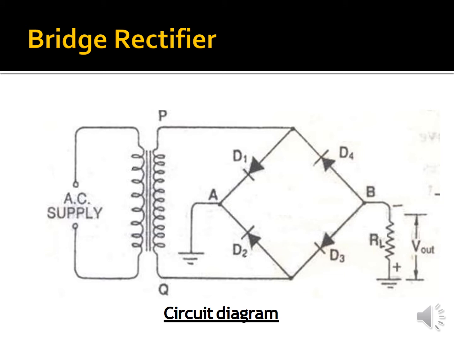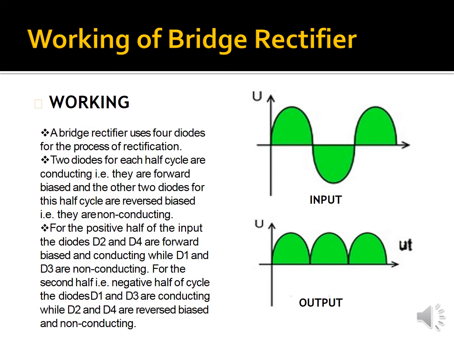Here D1 and D3 are in forward bias, and D2 and D4 are in the reverse bias region. We are also supplying the AC supply to the transformer, so based on these diodes we get the waves propagating in either the positive half cycle or the negative half cycle. This is the working principle of the bridge rectifier. In the bridge rectifier we use four diodes for the rectification, and for each half cycle two diodes conduct in forward bias, while in the full-wave rectifier there are only two diodes.